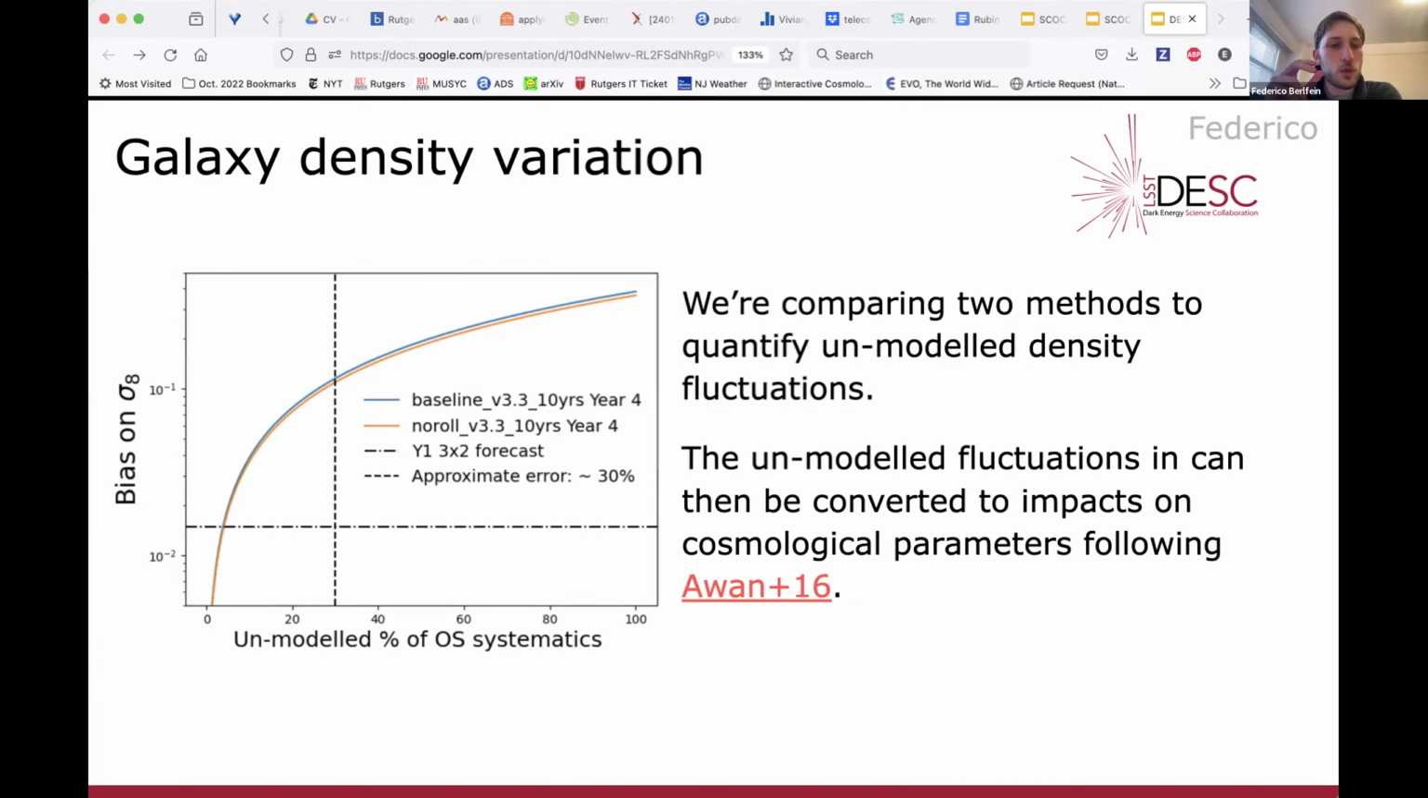So there's two soft conclusions from this particular work. The first one is that there seems to be a small difference between both the baseline and the normal, so the blue and the orange curves, hinting maybe that this is more of an analysis issue on the cosmological front rather than an observing strategy issue, which would be great. And the second softer conclusion is that we might have a low tolerance level for unmodeled